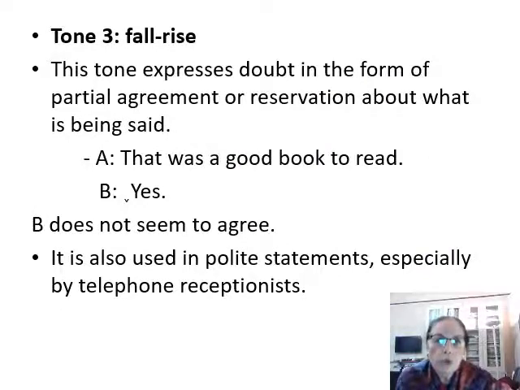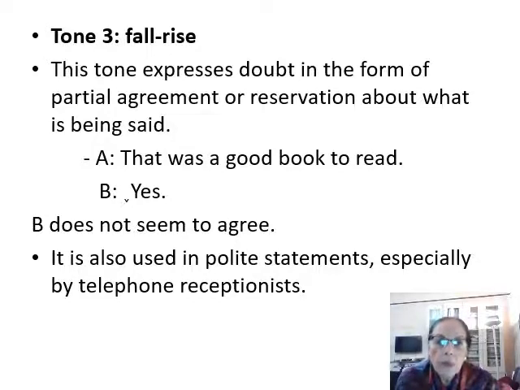Now we move to tone 3. Fall, rise. This tone expresses doubt in the form of partial agreement or reservation about what's being said. Tone 3 احنا عارفين fall, rise. مش تمشي في اتجاه واحد، تمشي في اتجاهين مختلفين. Doubt or reservation. A: That was a good book to read. حد بيقول لك كده انت بتجاوب. B doesn't seem to agree, so